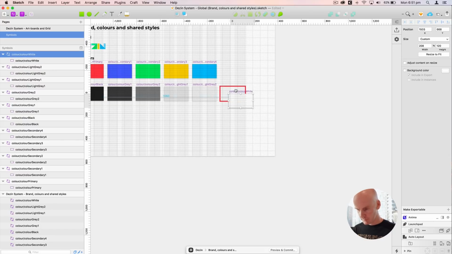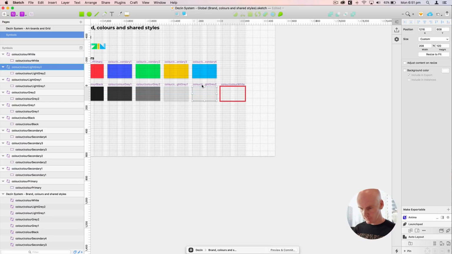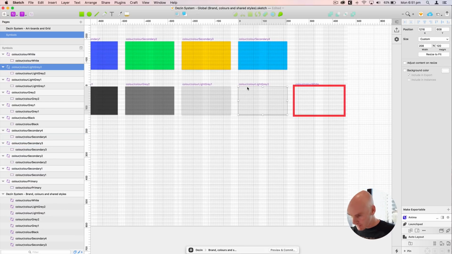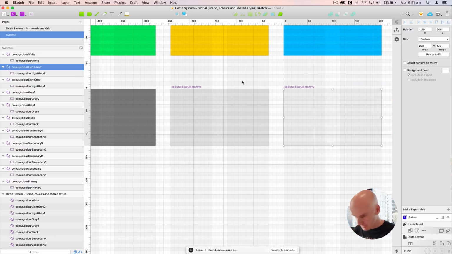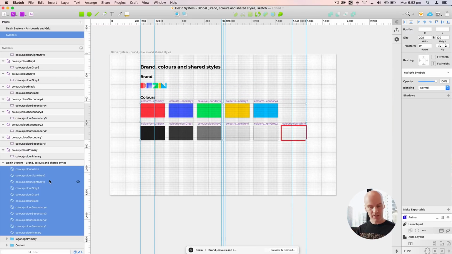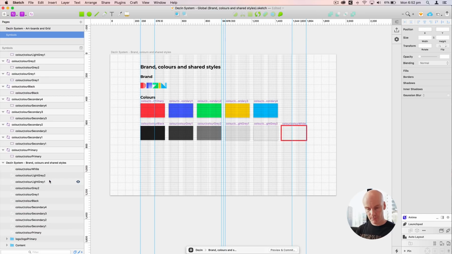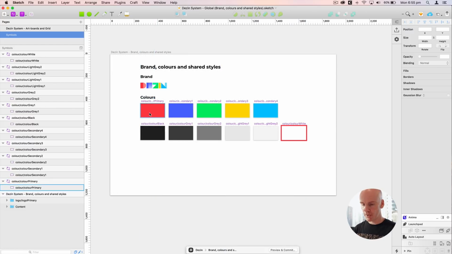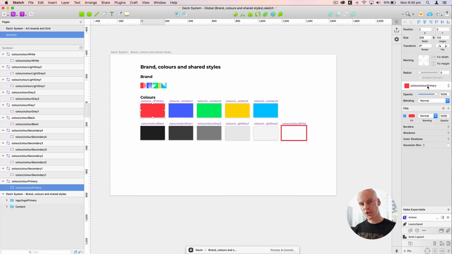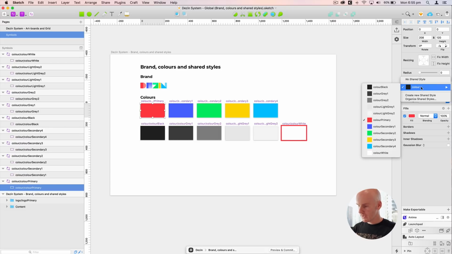Last one white, right there. Let's just quickly see if they're all placed properly. Everything seems to snap into place really well. Now select all of these, which are the ones that are below the real symbols. Delete them. If we select the primary swatch, come over to its shared style, you can drop down and now